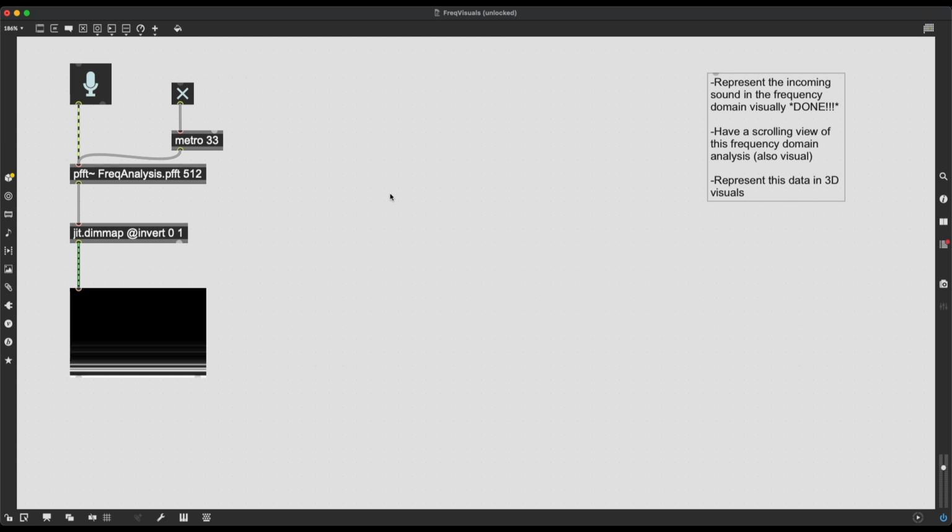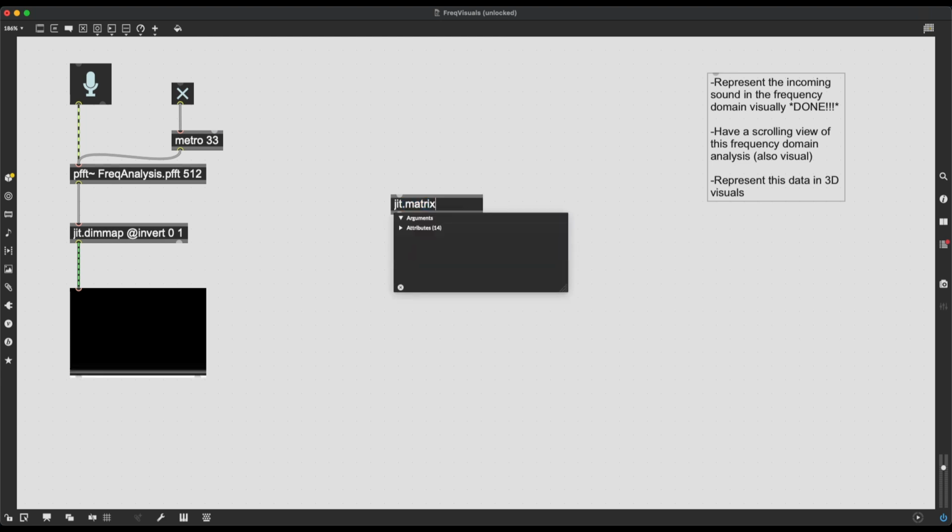So let's see, I want to first have another jitter matrix with another name. Let's call this the spectrum. Doesn't matter what we call it really. I'm going to give this 3 planes because eventually we are going to use this for 3D visuals. Let's also make this float32, and I want to give this a few more cells. So I want it to have, let's say, 250 cells on the x-axis, and on the y-axis, in fact, not my window size, but my window size divided by 2 because,